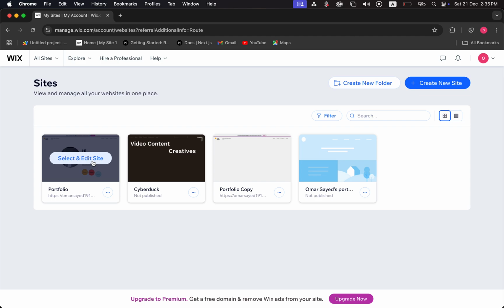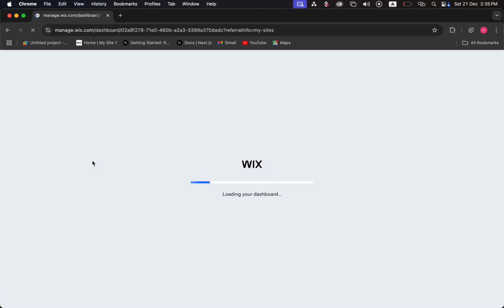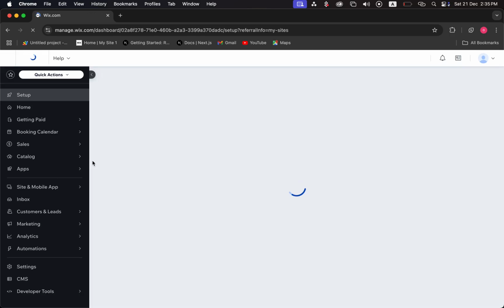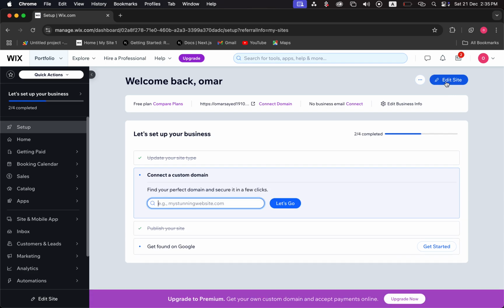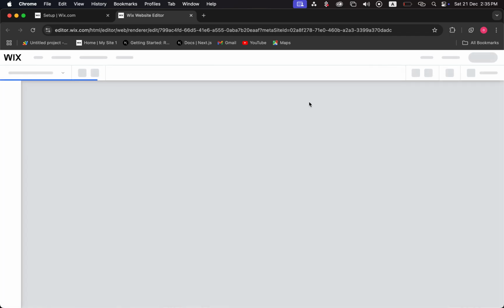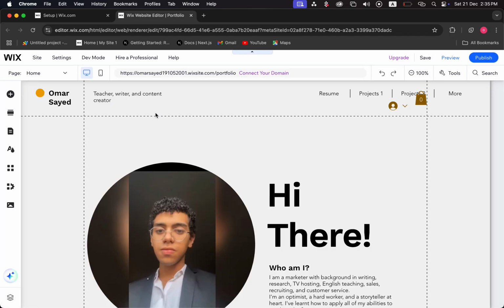So I'll just add it to this portfolio website. I'll just click on select and edit site. Then what I need to do is just click on this edit site button right there at the top right corner. And now it's going to open the website or a preview of the website where you can just add stuff